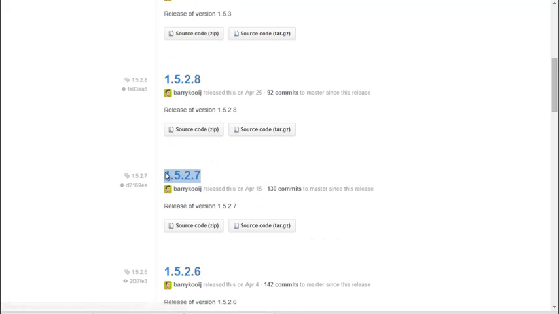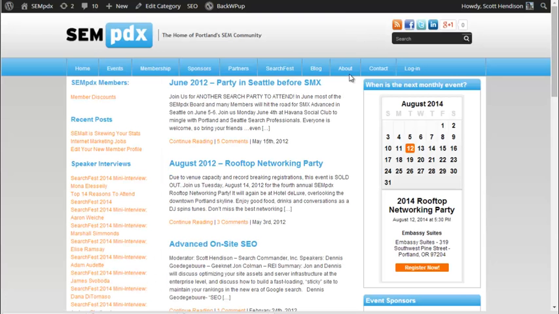In the meantime, we have a perfectly fixed working version of 1.5.2.7 that we are using here at SEMPDX and that I'm using at my client, because I did not have the option of trying to explain to my client why every SEO tool in the world is wrong when it tells him missing description tags is a problem. I didn't want to explain, well, Yoast says this. That's just ridiculous. I needed no duplicate description tags. That's what we got